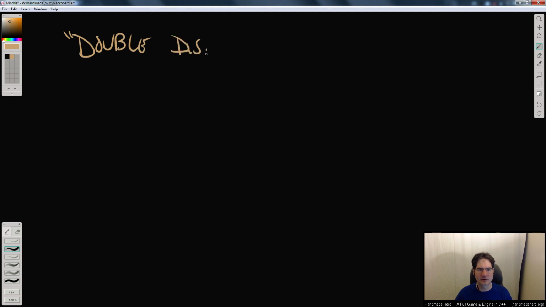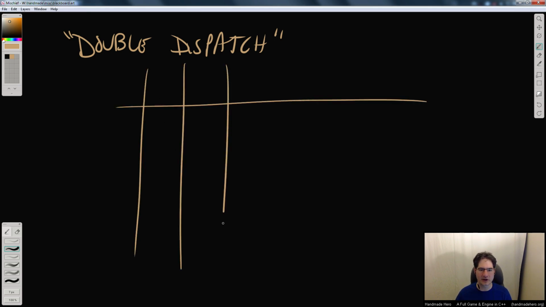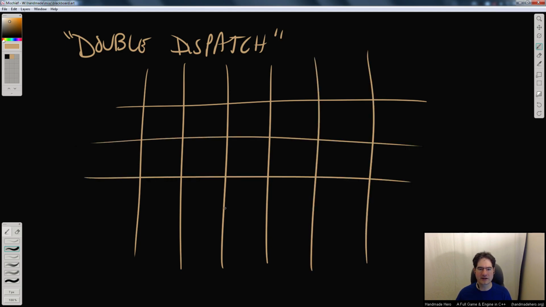This is what it's called typically in programming terms. It's a double dispatch problem because essentially what you have is an operation that depends on two independent parameters, right? You can almost think of it as a matrix-like setup. If you've ever used Microsoft Excel, you kind of know what I'm talking about here, where you have almost like